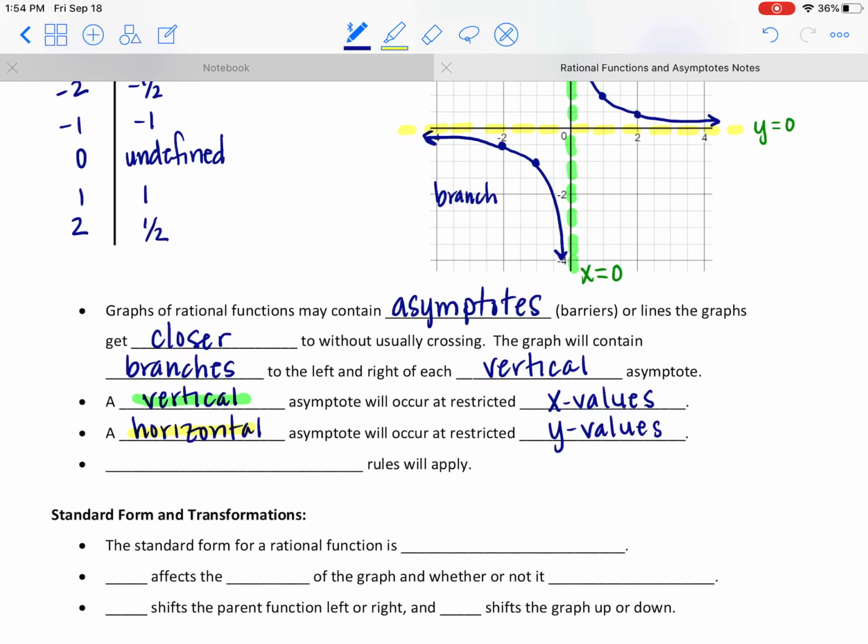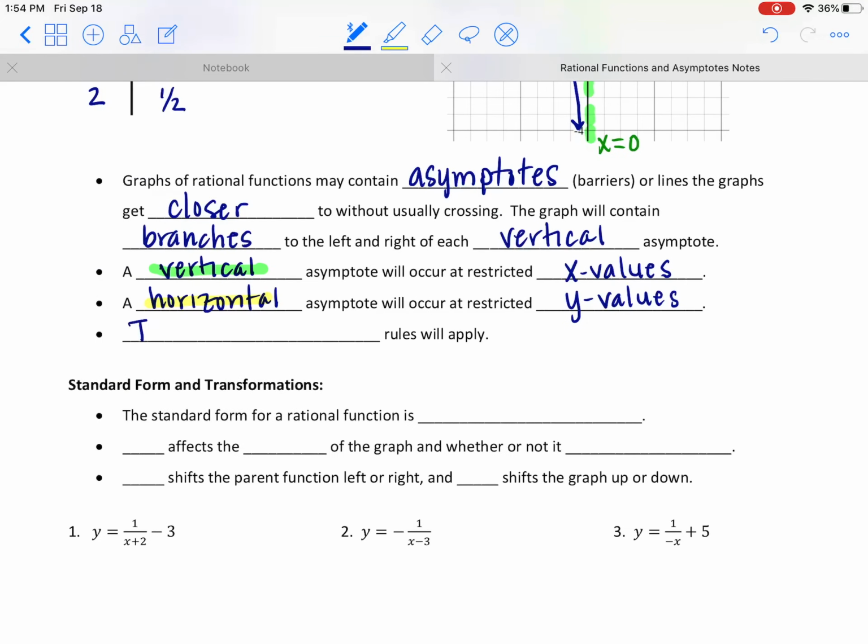And then just like in our function unit, we talked about transformation rules. They still apply to our rational functions, and we saw them there. But I think this is a good place for us to review our transformation rules that still apply. Okay, so the standard form for a rational function, we've talked about the parent. The standard form